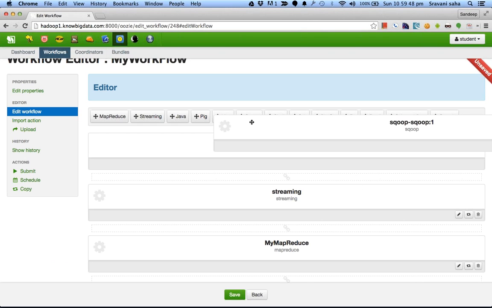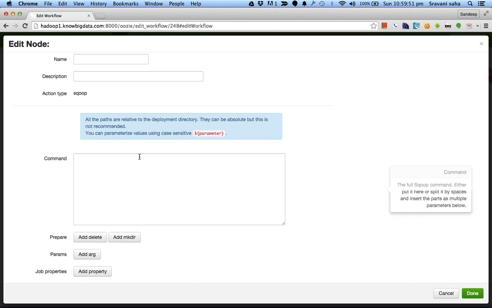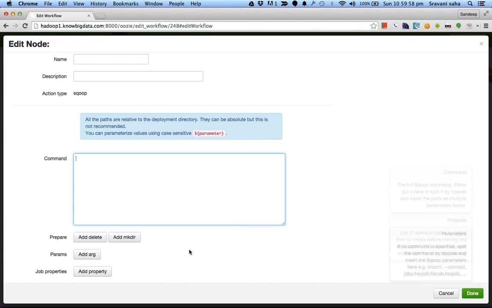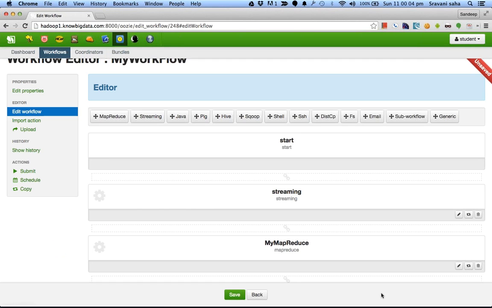Now, if we want to do a Sqoop before starting, let's say we want to import the data, then everything after the Sqoop command, we type it here, export this, and we mention it here. That becomes our Sqoop script.